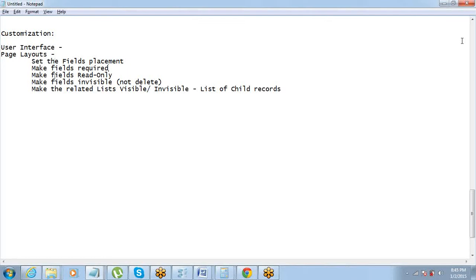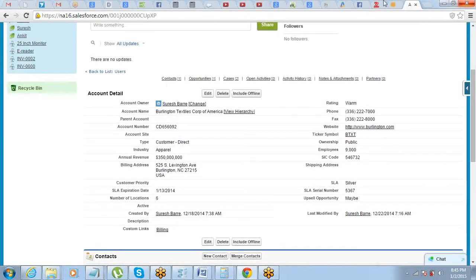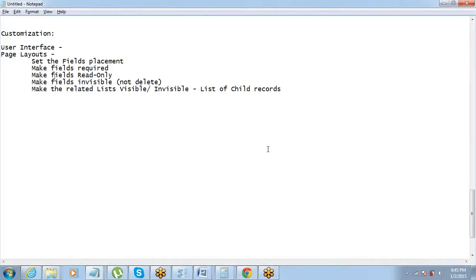This is what we primarily do on the page layout. Okay. Now page layout is for a particular record, for one single record, right? So the page layouts are primarily for objects. Alright. So you will have a page layout for account, then you can have one for opportunity.